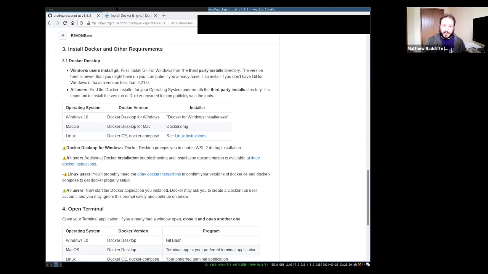If you're on Mac, once you install it, it may run by itself, or you could use Spotlight search to find the Docker application or Docker Desktop and start running that. It will take a little bit to start up.